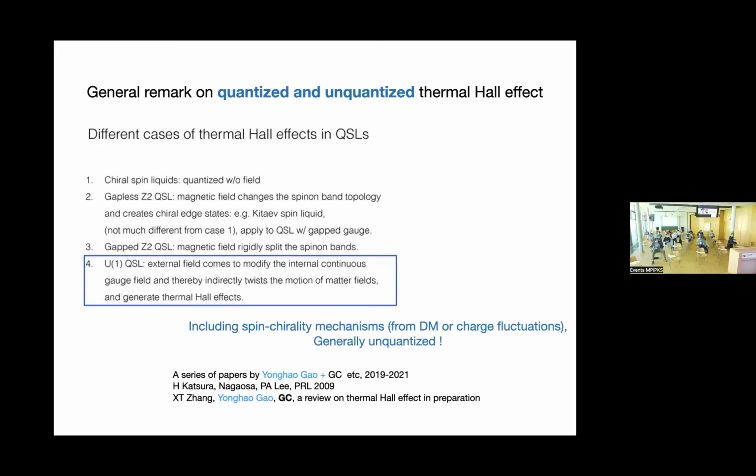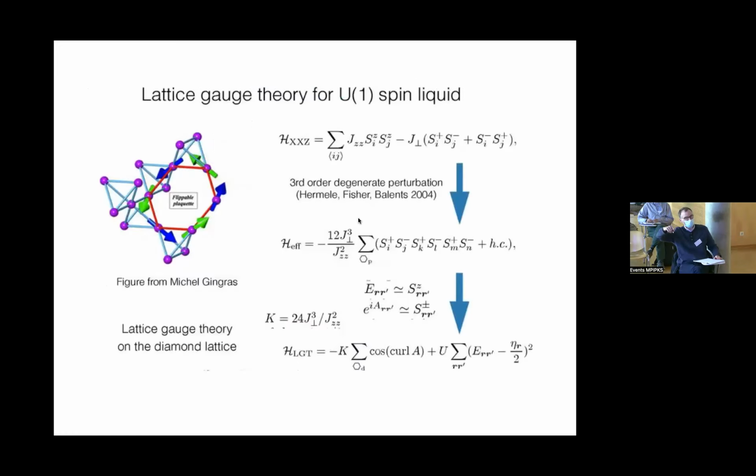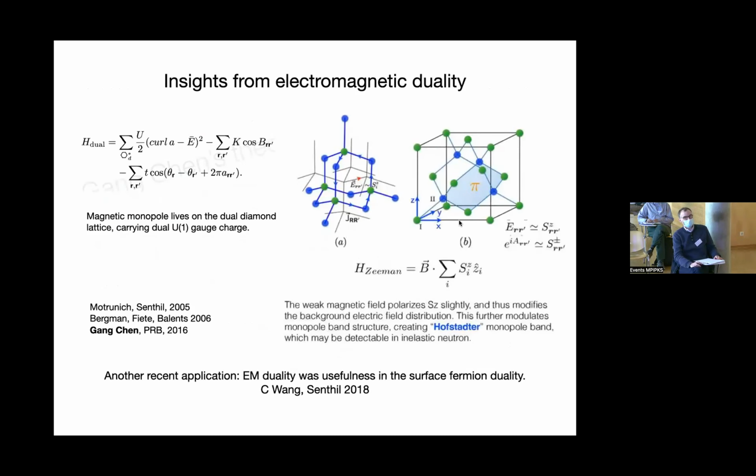Sorry, one more question. My question is about the actual proposed experimental geometry. This is a very naive question, I guess, but you're saying we should make a plate-shaped sample and then put some gate electrode on top and apply some DC electric field and measure the thermal transport perpendicular to the electric field, right? Is that correct? Oh no, the field is a magnetic field. It's not an electric field.